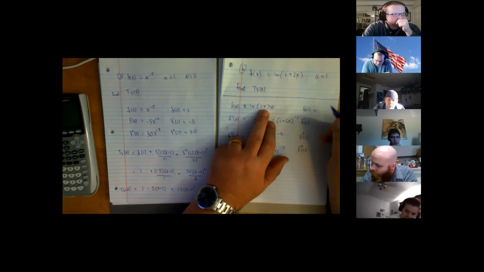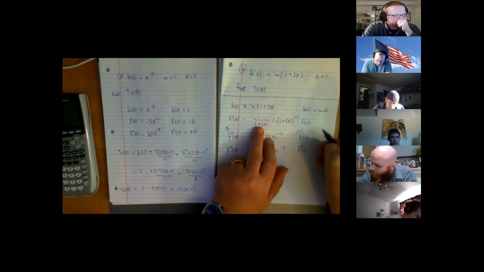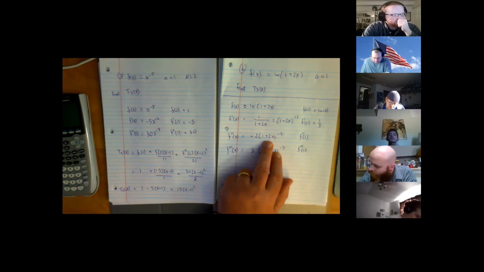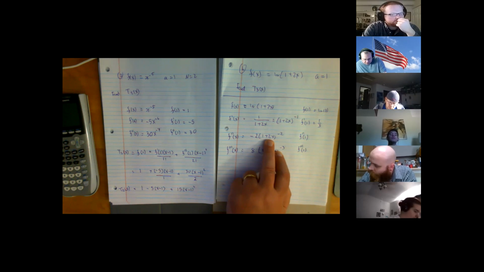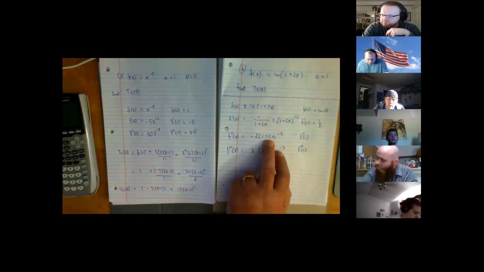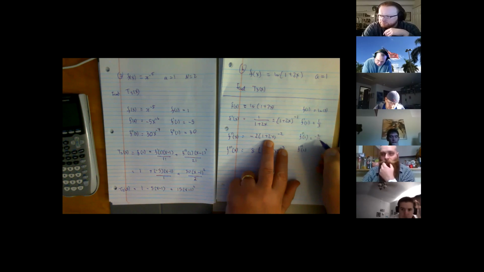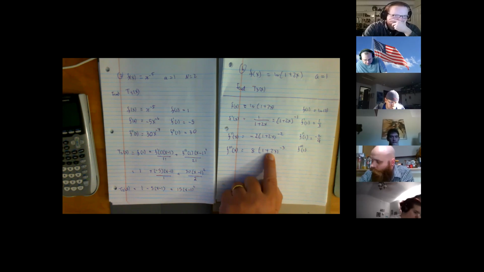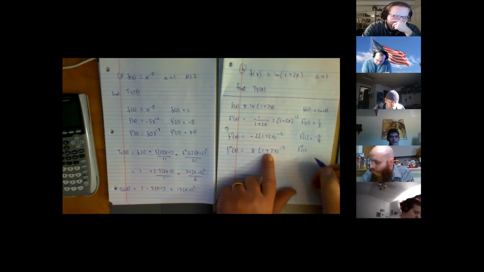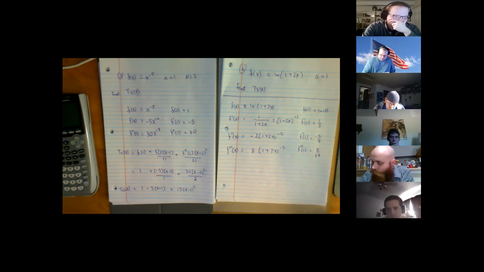You plug in 1 here, you're going to get natural log of 3. You plug in 1 here, you're going to get a third. You plug in 1 here, you're going to get -2 over that guy squared, -2 over 3 squared, so eventually -2/9. If you do this guy at 1, you're going to get 3 cubed in the bottom, so 8 over 3 cubed is that guy. You might want to check those, but that's what I believe the answer is.